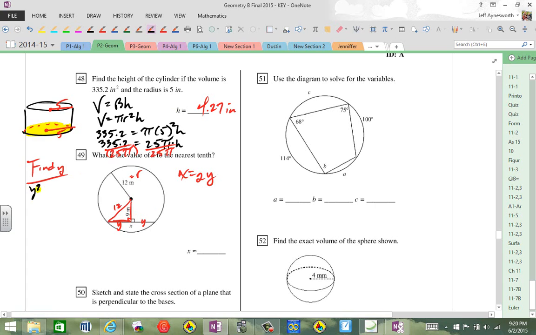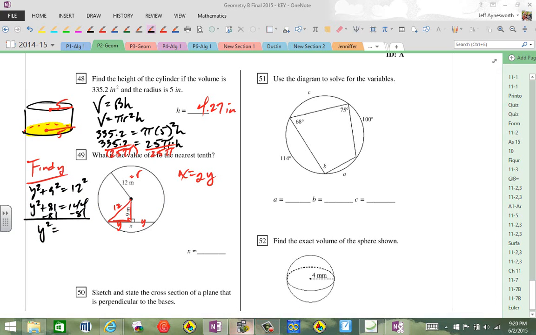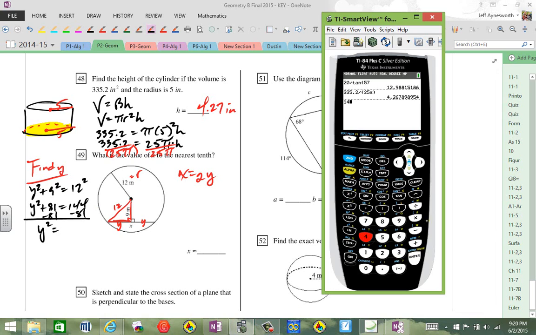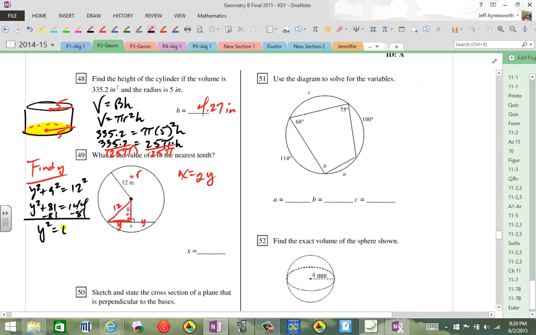So y squared plus 9 squared is equal to 12 squared. What does that give us? So y squared plus 81 is equal to 144. Subtract 81, and you get y squared is equal to 144 minus 81. What do you get, right? You get about 63. And then you take the square root. So the square root of 63,